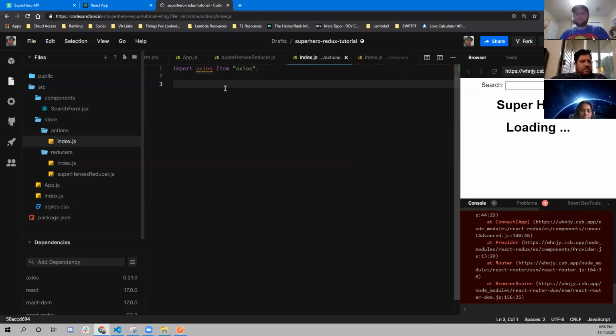So function, well, we need to export. So export const submitSearch. All right, and the same thing, this is going to take a search keyword, whatever search we send it. And then return